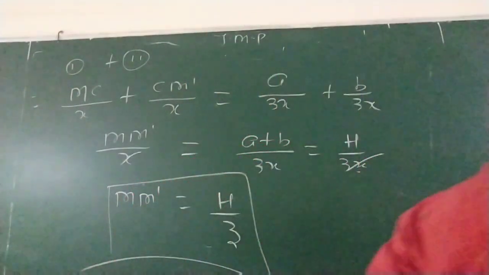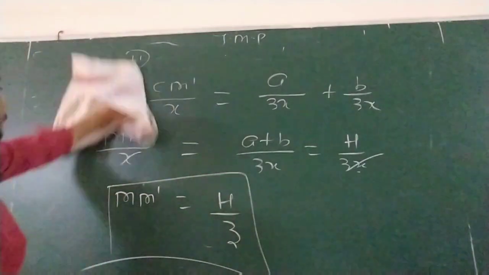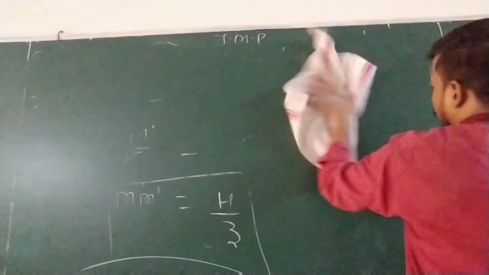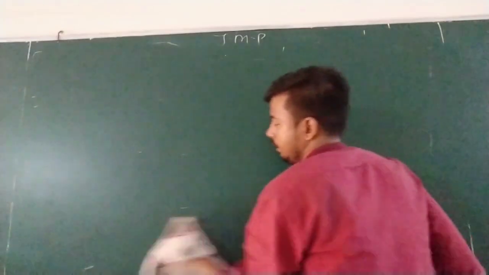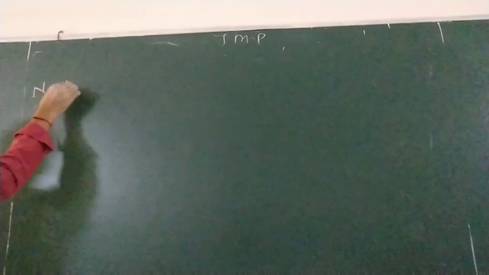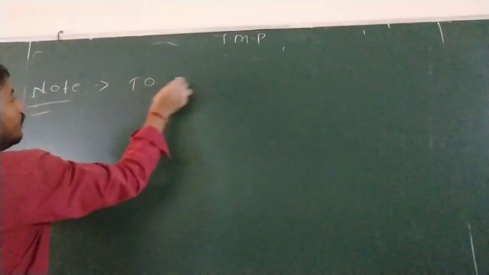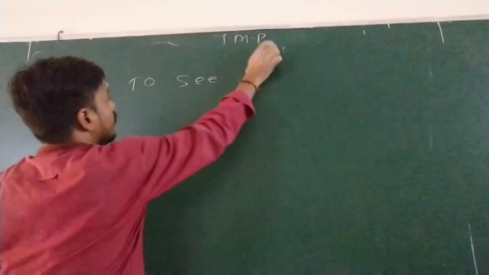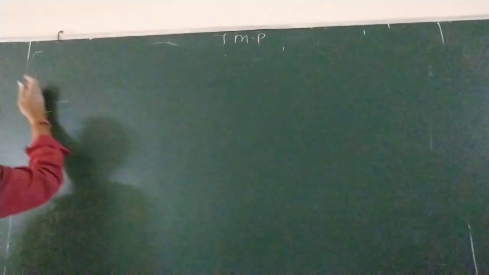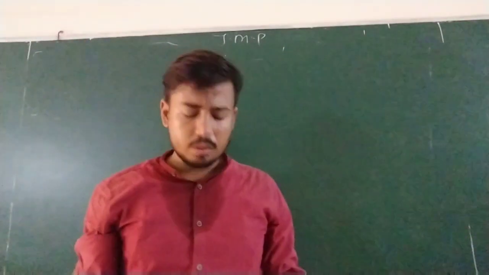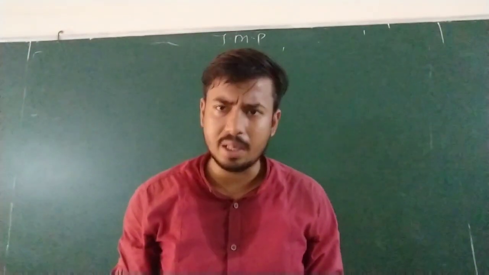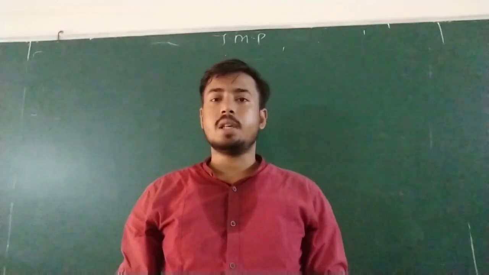So I'm just going to make some notes here. To see the complete image, we have just got the concept, no need to write. To see the complete image of a man, the height should be h by 2. To see the complete image of the wall, the height should be h by 3. It will consume a lot of time, right? I'm coming to other questions.